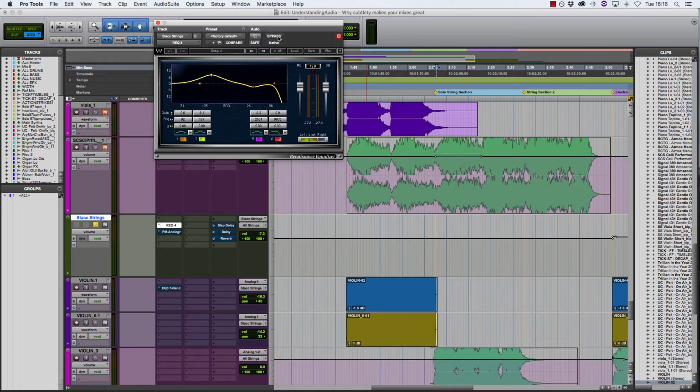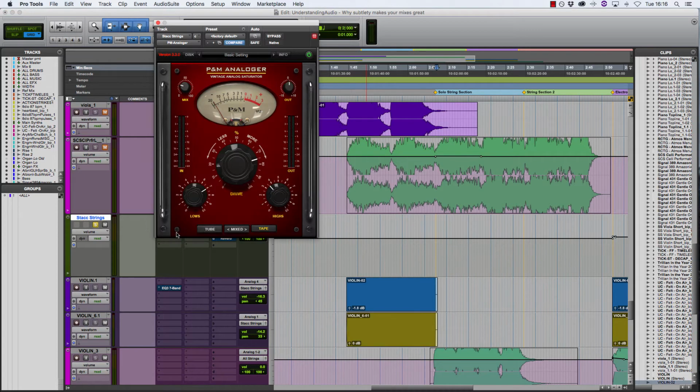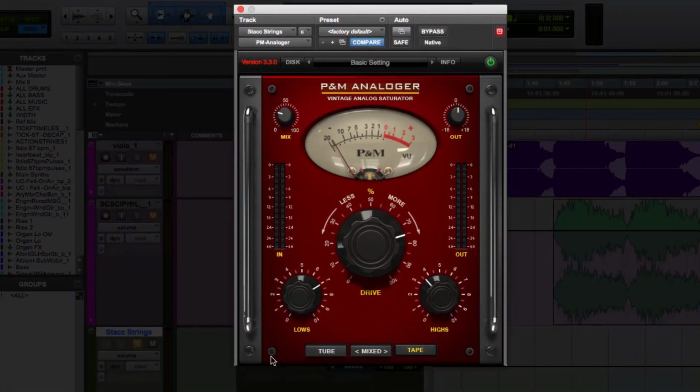The other plugin I've included is a Saturator, and this is the PM analoger. You can use any saturator like the free Softtube plugin or anything you want. The great thing about this plugin is that it has a mix knob. If you don't have a saturator with a mix knob, just use a send to the saturator and adjust the level of the send. In this application, this plugin isn't level matched because I prefer the sound without adjusting the